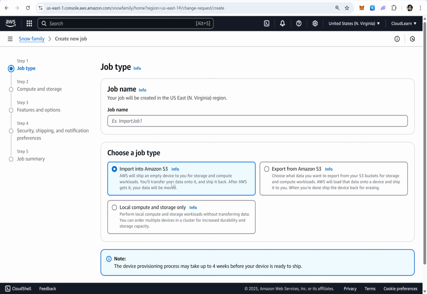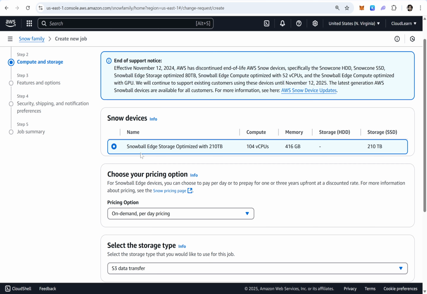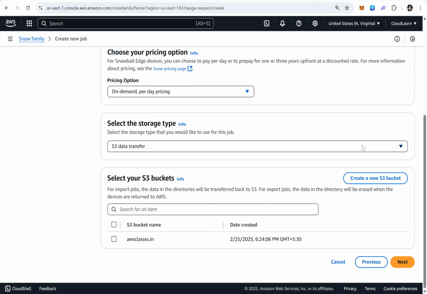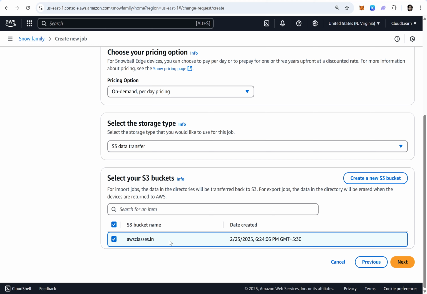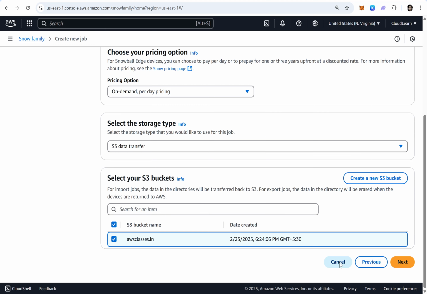Import into Amazon S3, just give some name to your job. Snowball Edge storage optimized with 210 terabytes, and you will get 104 CPU, 416 GB of memory, and 210 terabytes of SSD. And all the data will be uploaded to this particular S3 bucket once your data is received by AWS. Okay, let me cancel